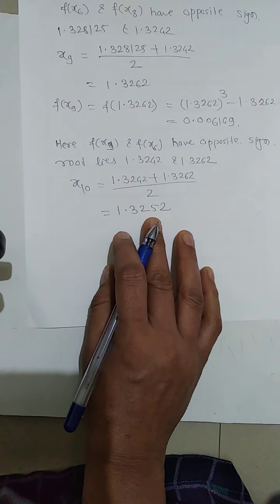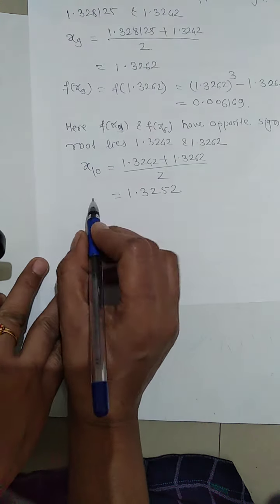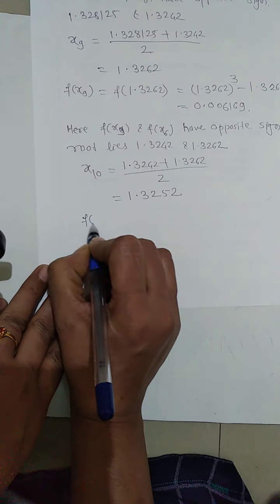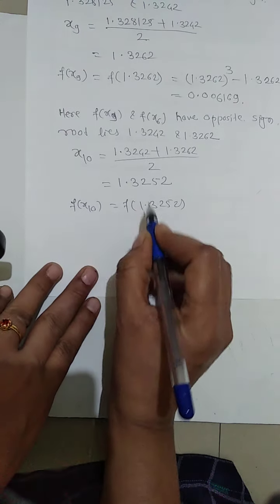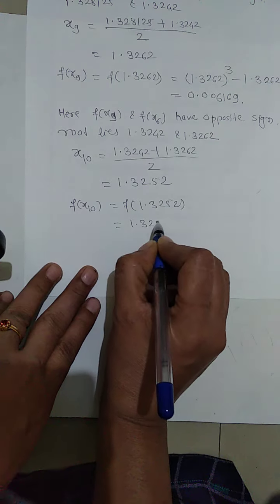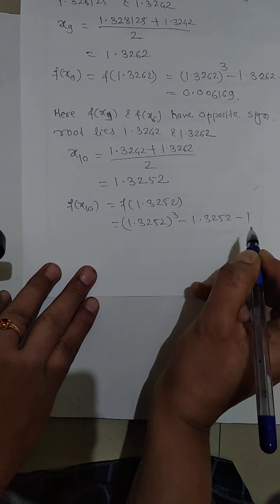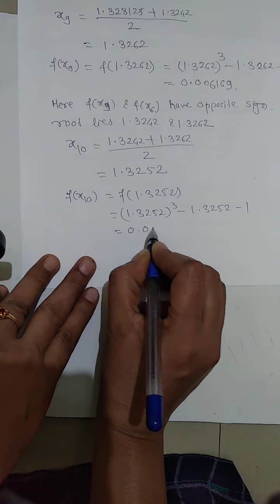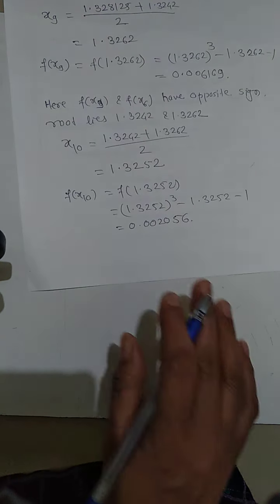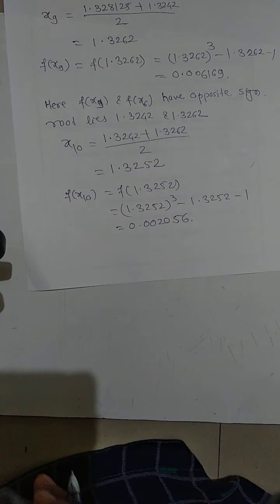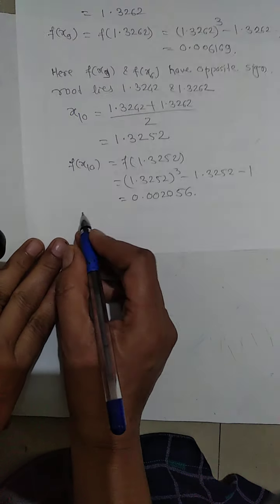Then find f of x10, putting in the value of x10: f of x10 is equal to f of 1.3252, and then 1.3252 cubed minus 1.3252 minus 1 is equal to 0.002056. Again we see that f of x8 and f of x10 have opposite sign, and the root lies between